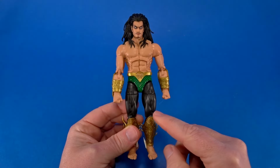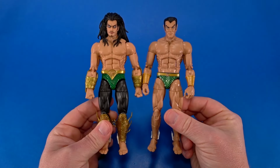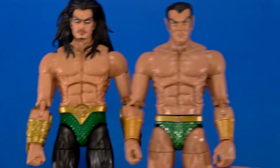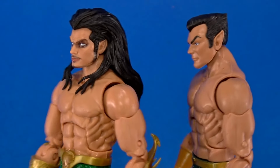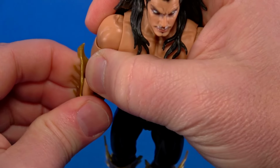He does it all. I do like that there's continuity here because it reuses the body of the previous Namor. Here's your classic, here's your 90s, and it looks like the same guy, different hair and different armor and such. The bracers seem to be shaped to the